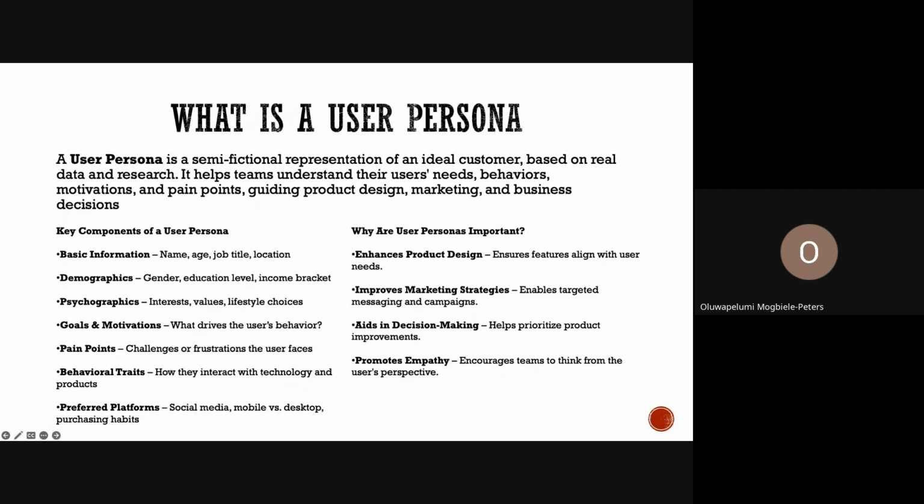It helps in decision making. It helps us prioritize product improvements because you know what your user wants. Your persona helps tell you what is important to your user. And also,